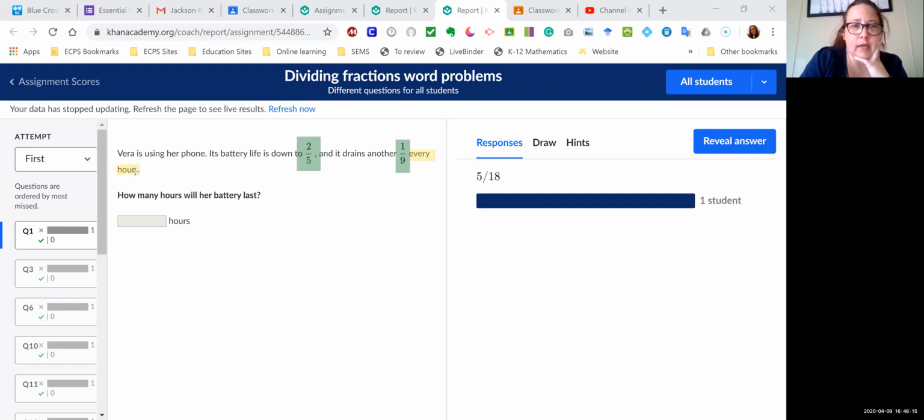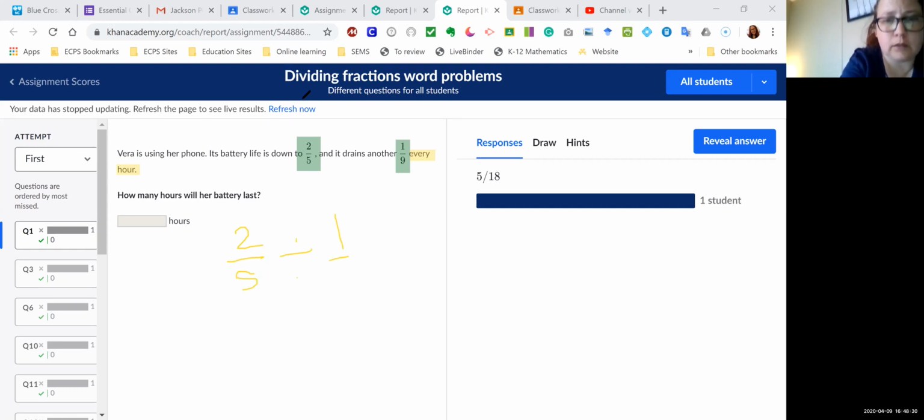If it's only draining 1/9 every hour, really we're just dividing 2/5 by 1/9. So for this one, we're saying 2/5 divided by 1/9, which is the same thing. If we do keep, change, flip, it's the same thing as saying 2/5 times 9/1. Now there's really nothing we can cross cancel there. So that's going to be 18/5,